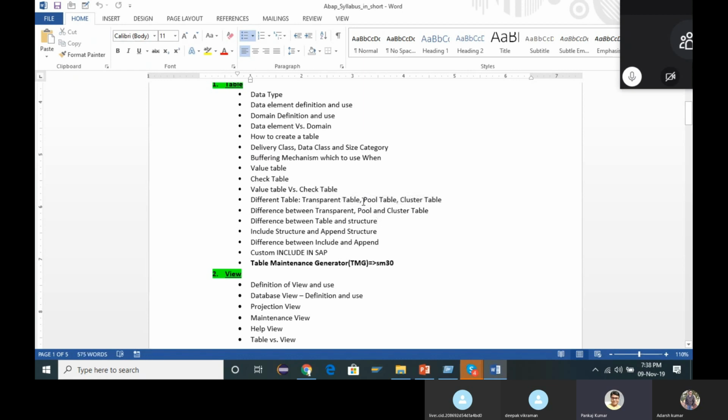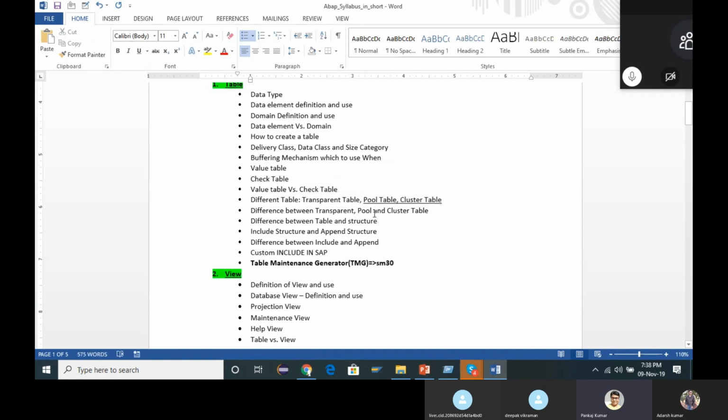But when S4 HANA was introduced, in current days, for whichever organization is using S4 HANA, the concept of pool table and cluster table is no longer there. But still, very few organizations are running on S4 HANA; most are still running on the previous ECC system, where the HANA database is not there.